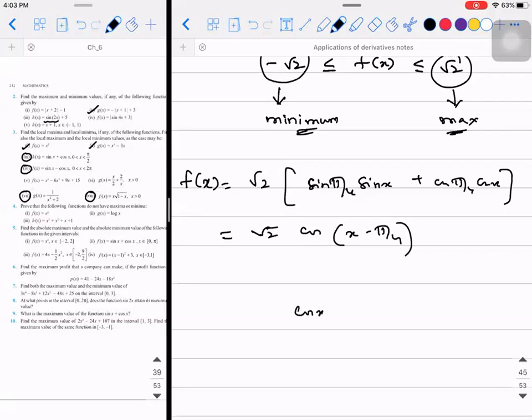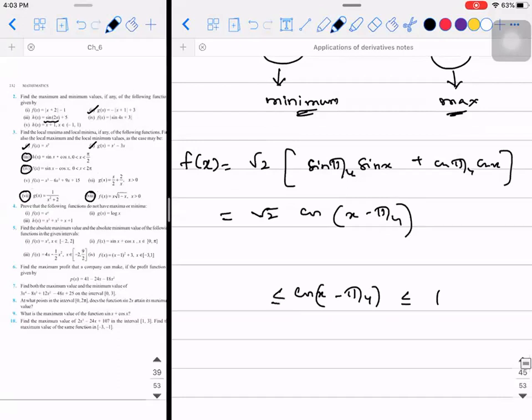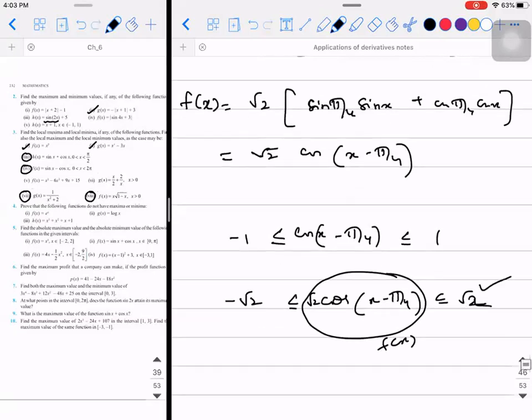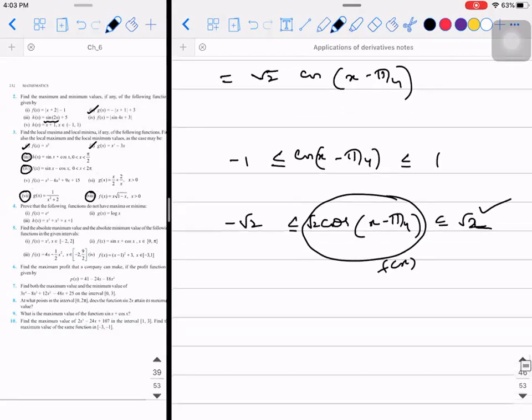Right. Similarly, what is the range of cos? Cos of x minus pi by 4 is less than or equal to 1; cos also lies between minus 1 to 1. So if I multiply with root 2 on both the sides, I get root 2 cos of x minus pi by 4 is less than or equal to root 2. This whole thing is nothing but f of x again. So again, you will get the maximum value as root 2 only. However you do, you get the same answer. Since you people understood two concepts here, one is the restricted domain and the second is how to apply differentiation as well as manipulating it by multiplying and dividing with certain factors.